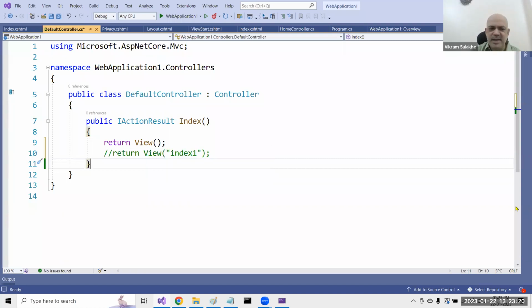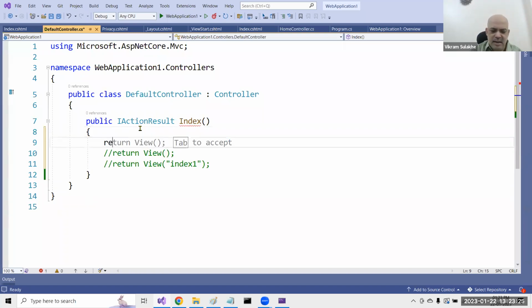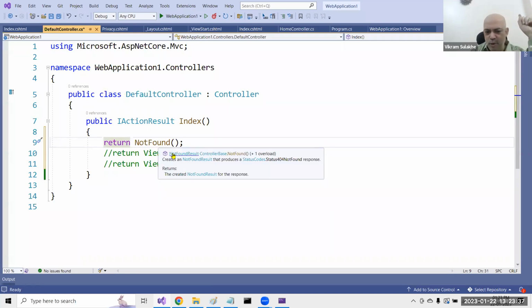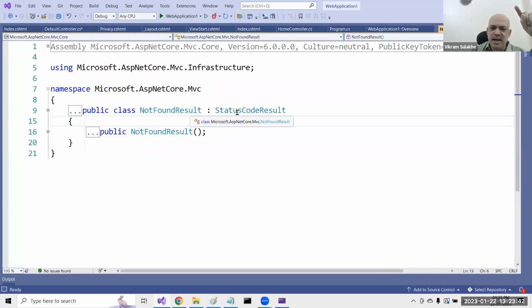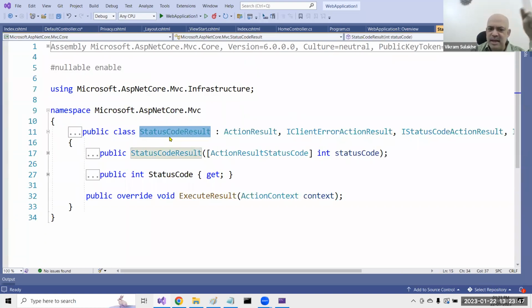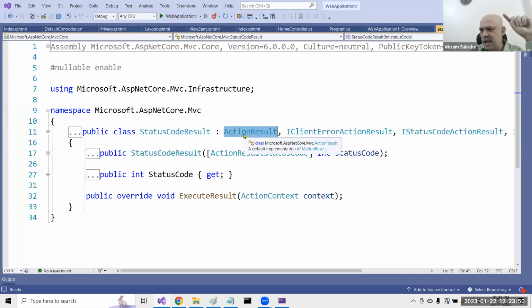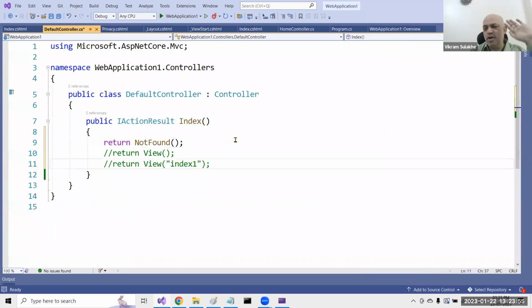I'll give you one such action result, an interesting one. I can say return NotFound. So what is this NotFound? This is of type NotFoundResult. If I go to NotFoundResult, this inherits from StatusCodeResult. If you go into StatusCodeResult, this inherits from ActionResult. And if I said return NotFound,